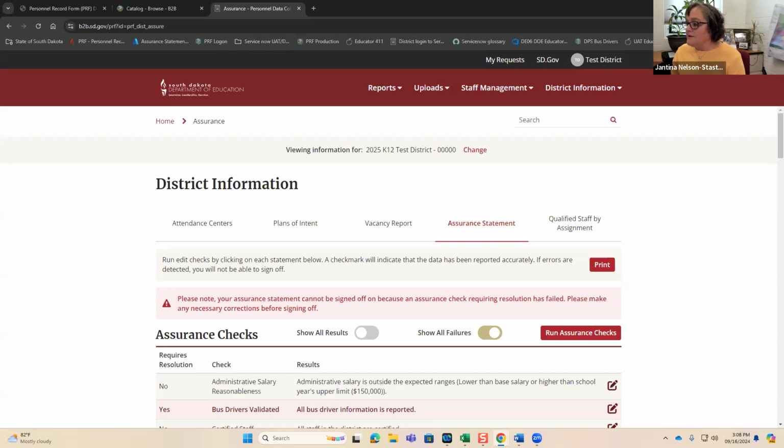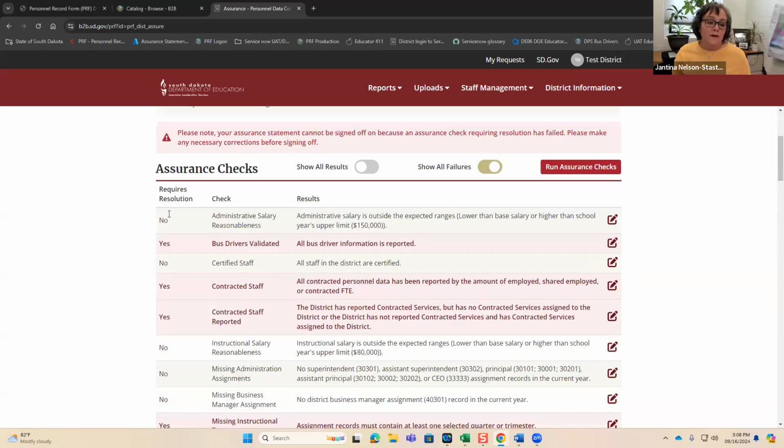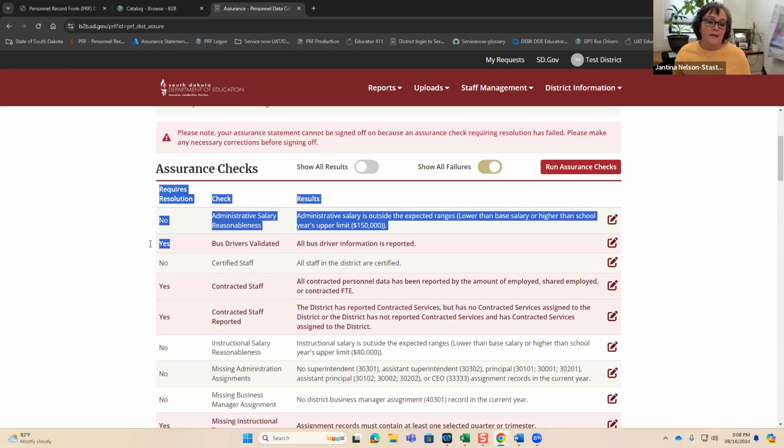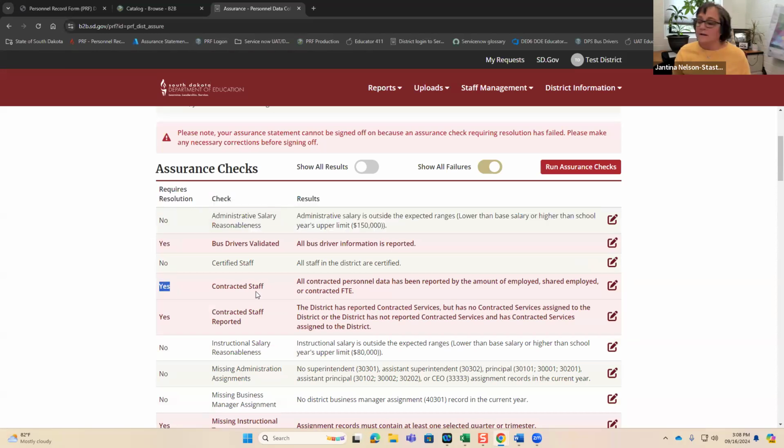Each data validation check is developed to provide the district with these 3 pieces of information. Does a failed check require resolution? It's going to tell you here which ones of these require resolution, which checks failed.